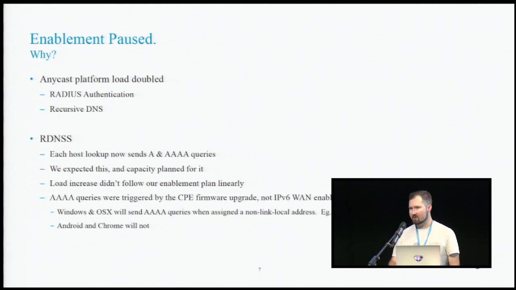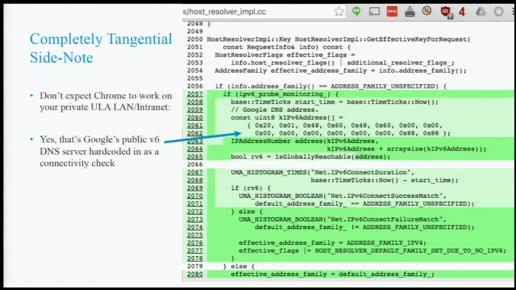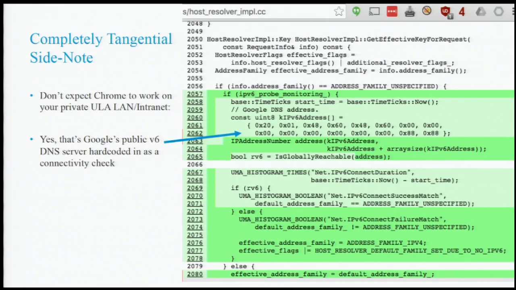The notable exceptions are Android and Chrome, which I don't necessarily agree with, because what if you wanted to build like an intranet or something out of private ULA addresses? You're more than entitled to do that. And as a complete side note, don't expect Chrome to work on your ULA private network, because, yep, that's Google's v6 recursive DNS server hard-coded in there as a connectivity check. Yeah, I don't know what the hex is. Anyway,